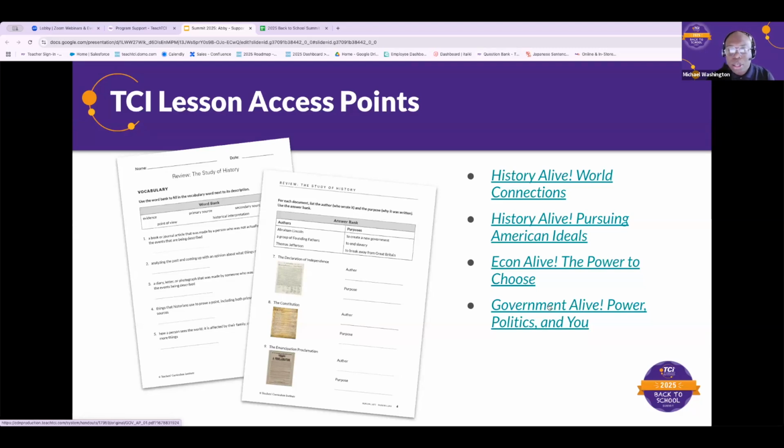So you can still get the same content from students, the same answers, but just by changing the language a little bit, by making it more digestible, by having them focus on certain things, they're getting the same concept as a student at grade level, or a student who is still trying to learn English as a language. They're able to answer and feel confident that they're getting the opportunity to share what they know, just in a way that's a little more digestible for them. So TCI has this in every lesson for high school and also our third edition middle school.